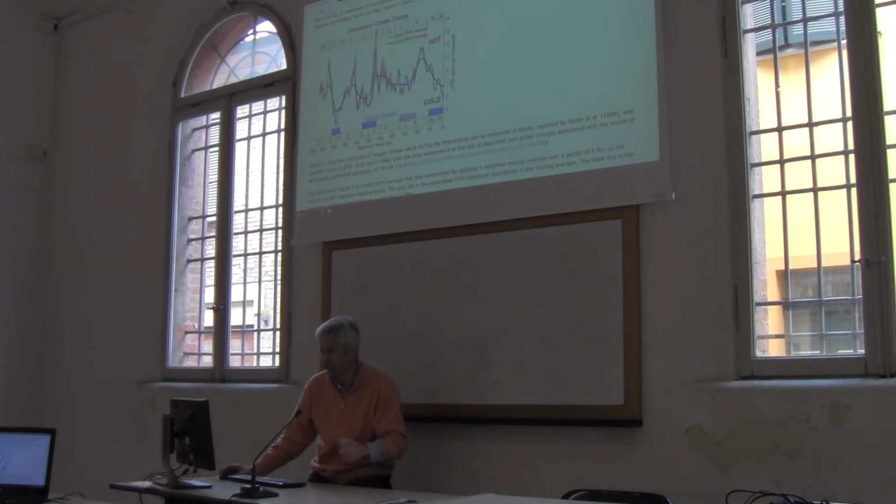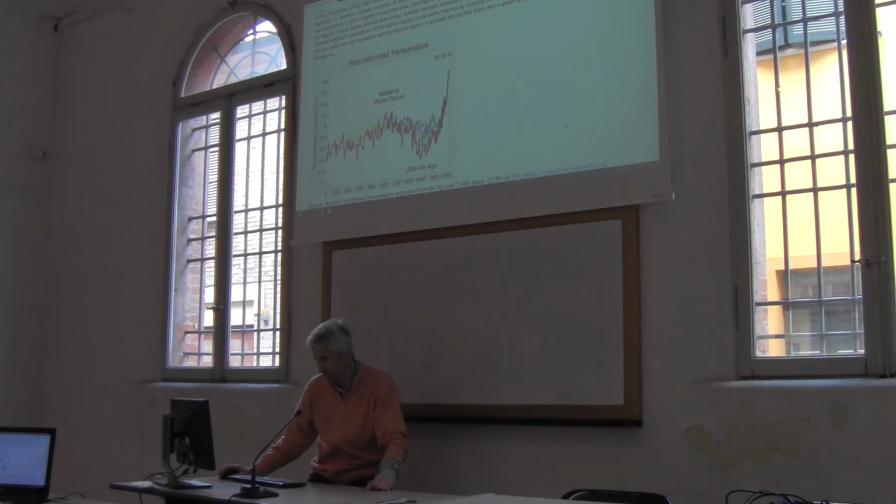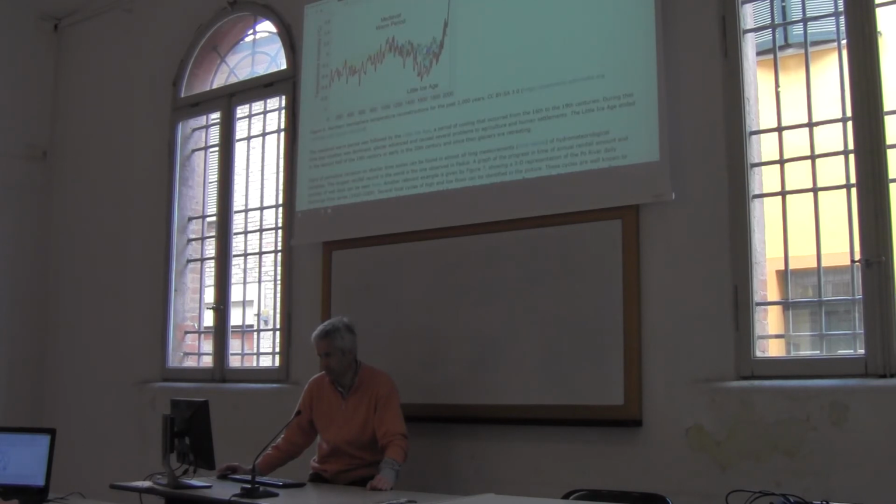So this, just to put it into context, is the recent progress of temperature from the year 0 to 2000. This graph is important because it explains that we had a period of warming in the Middle Ages, called the medieval warming period. It's not clear if it was global or not, but there are several reconstructions and witnesses that prove that in the Middle Ages the temperature was higher than today.